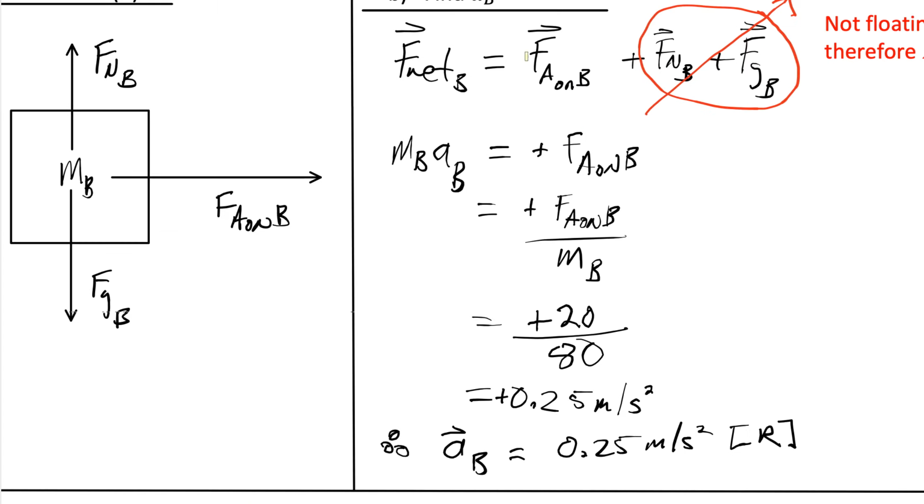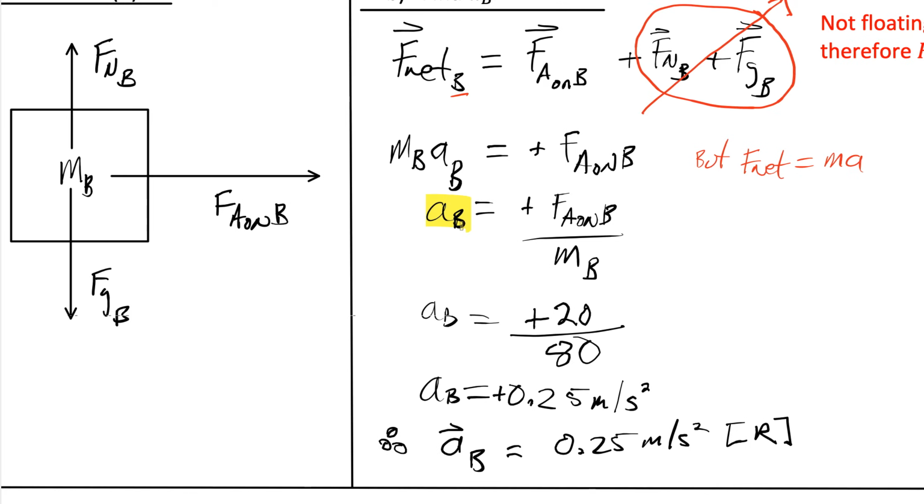So on the next line, notice I've replaced the harpoon with positive, and that's because that force is acting to the right. But this line here comes from Newton's second law, and that is F net equals ma. So since we're talking about F net acting on B, we have to have the B subscripts. Isolating for AB, we remove MB by division. And again, this is because MB is attached to AB through multiplication. And the opposite of multiplication, of course, is division.